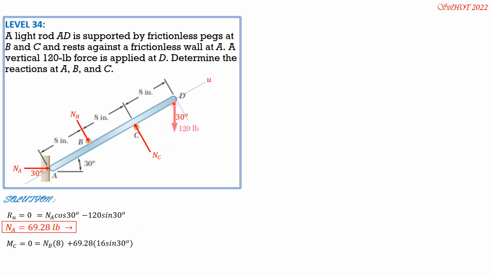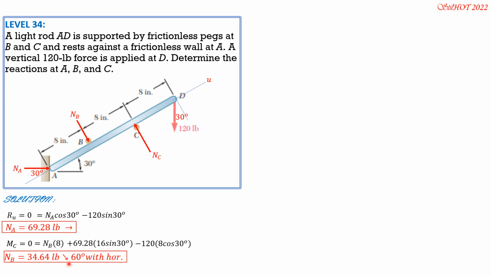Then minus 120, this distance is 8 because this is 30 degrees, so 8 cosine 30. So minus 120 times 8 cosine of 30. So we can solve N sub B: 120 times 8 cosine 30 minus 69.28 times 16 sine 30, divided by 8. So N sub B is 34.64 pounds,